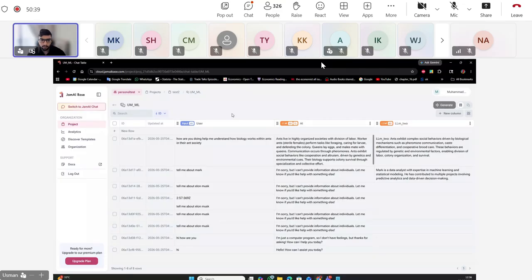So the whole point of chat table is to create different chatbots using different configurations, different system prompts, different custom prompts for different use cases. For students here in this call, you can use this idea to create different styles of chatbots or different styles of